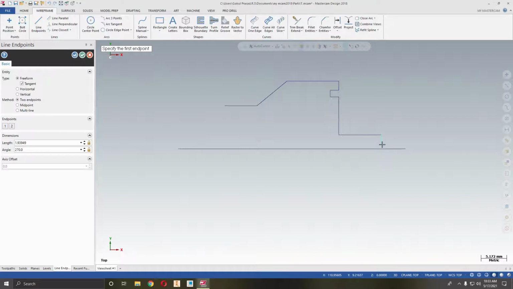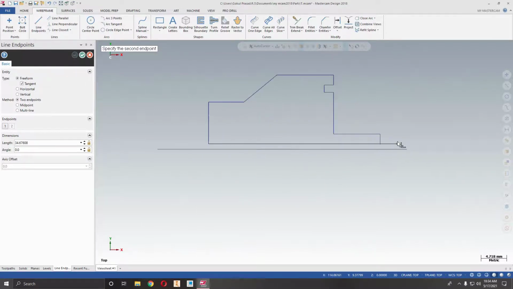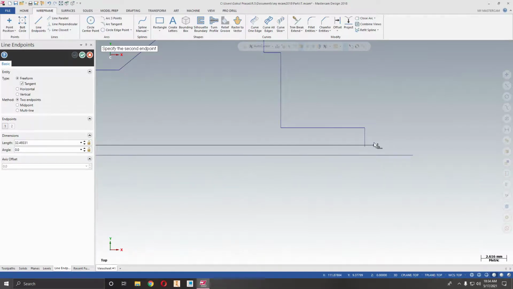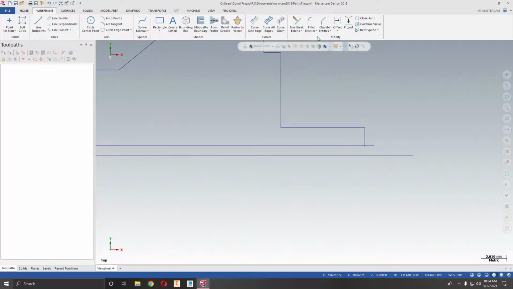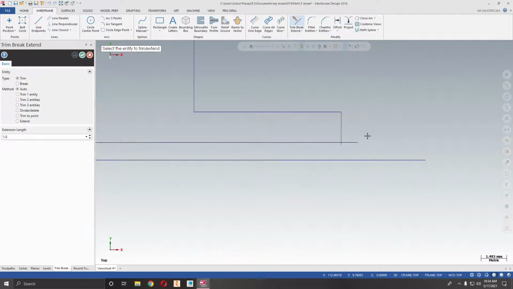I need a slight hole on my center body, so I will again go with the line. It's not a problem, and I will do some trimming.